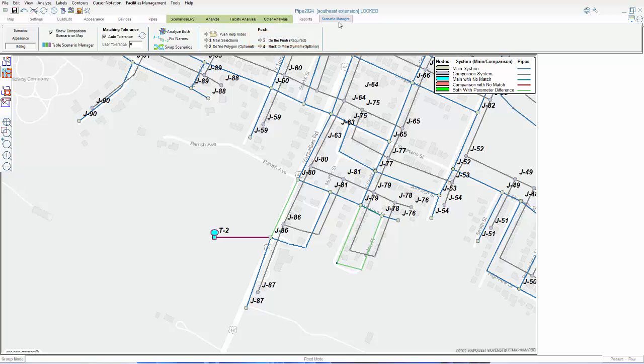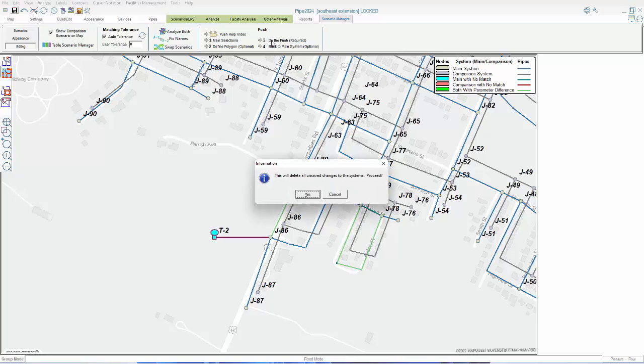But before we click the button, we need to decide if we want to save any changes we may have made to the main scenario up to this point. There are none, so we don't have to worry about it for this example, but it's important to be certain before we perform the push, since this feature opens both models in sequence and any unsaved changes will be lost. So, clicking on the button, we can see that there's a warning message, but as we discussed, we can just say yes.